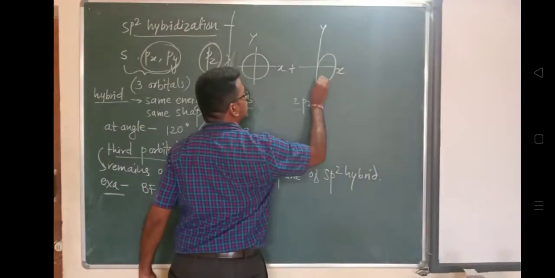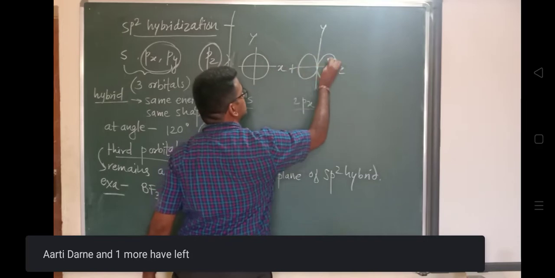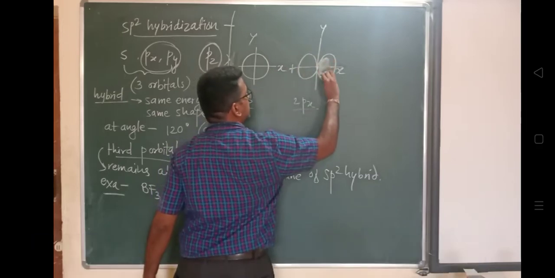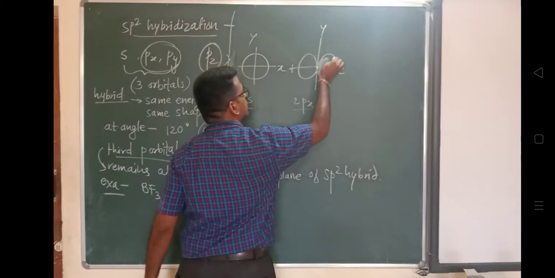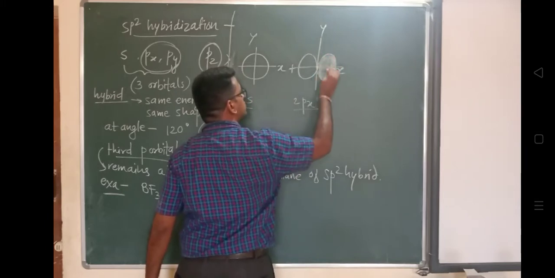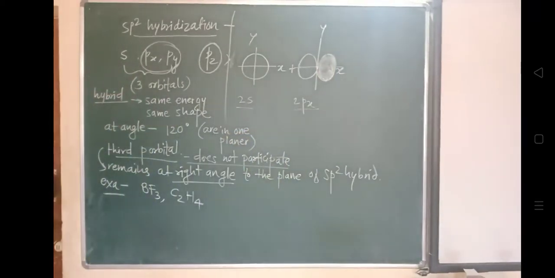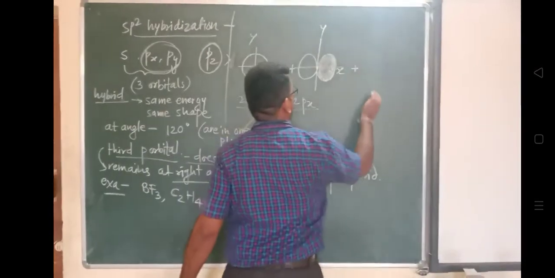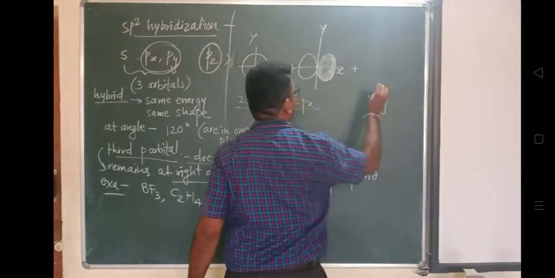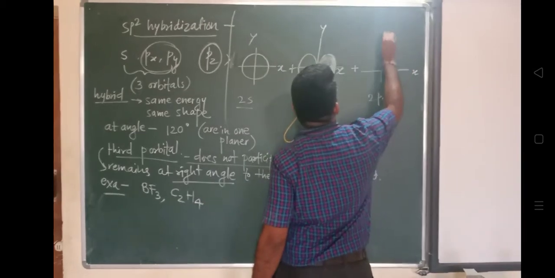It will form these two lobes. We know that a p orbital forms two lobes like this. So suppose this is 2px, and the 2py orbital we will draw as well. How will we draw the py orbital? This is the x axis and this is the y axis. So suppose this is y, and this is the y orbital. In this way we differentiate one positive and one negative lobe like this.